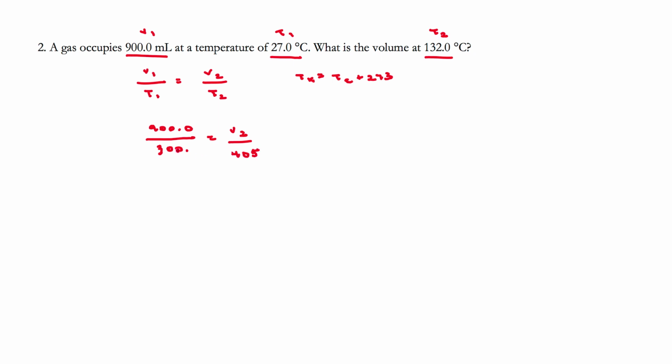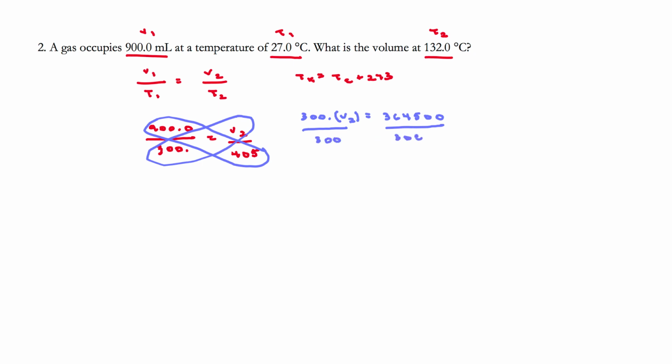So just looking at this at a glance, I know that the volume I'm going to get is going to be larger since my temperature increased. So let's solve it. I've got to cross multiply. What I have is that 300 times my V2 equals, well, 900 times 405 is 364,500. I'm going to divide both sides by 300. And what I get for my V2 is